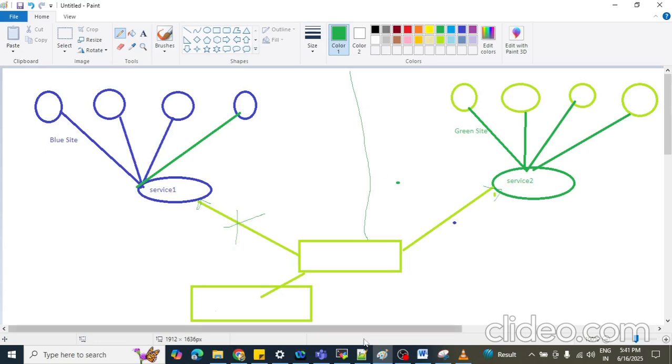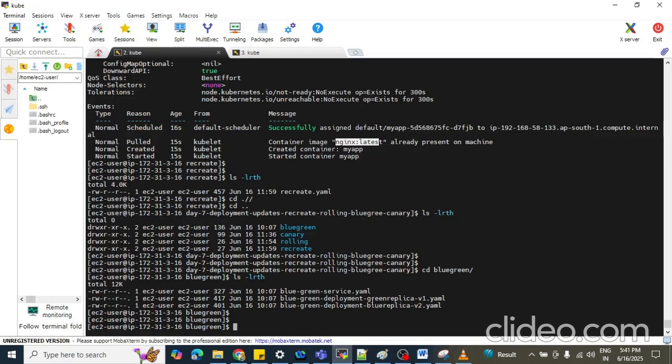So let me explain the YAML file. Here we have two YAML files, version v1 and version v2. Currently only one version can be live, either v1 or v2.